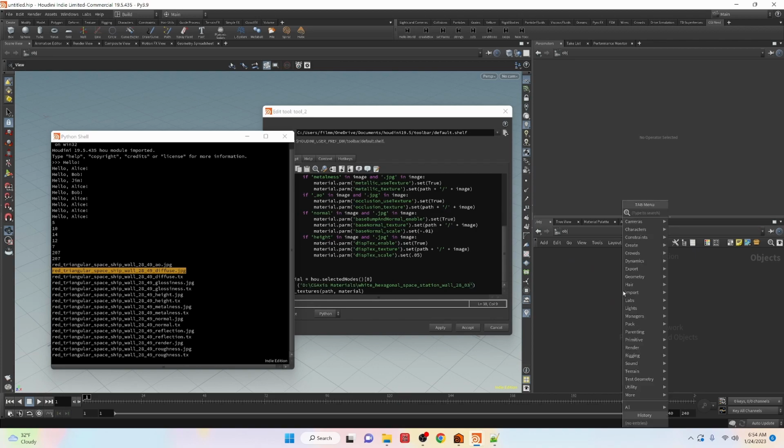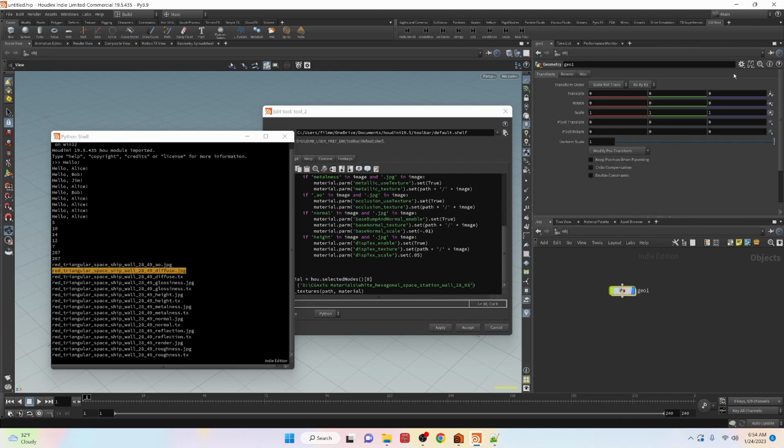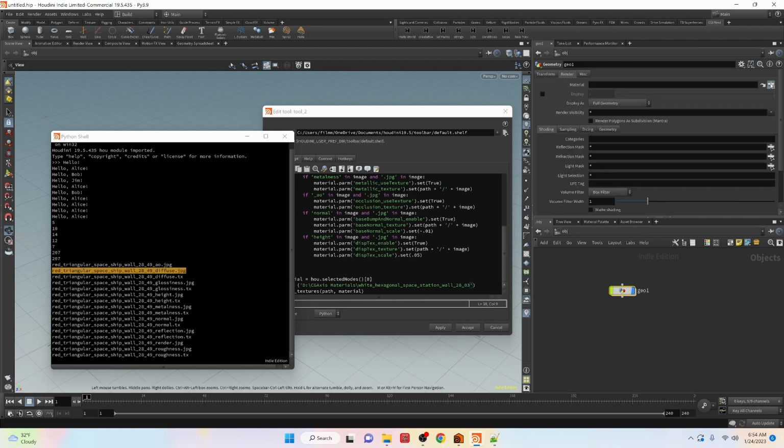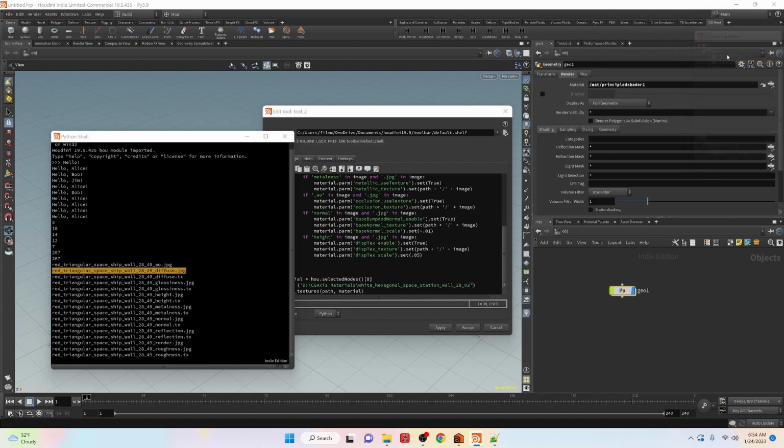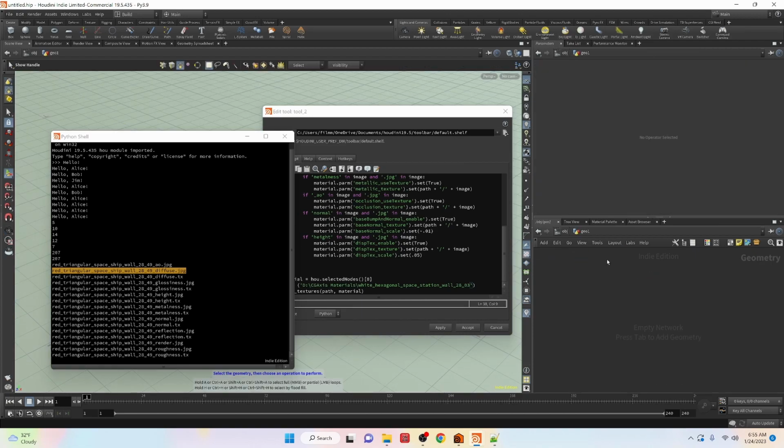Give me a second. I'm going to create a geometry node, and here let's assign a material, do that second one, and then let's create a light in the scene, create a skylight,